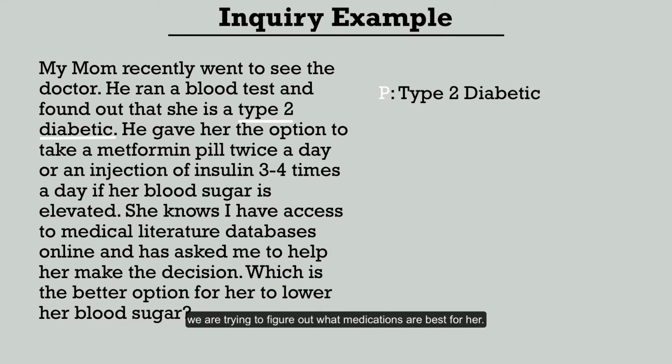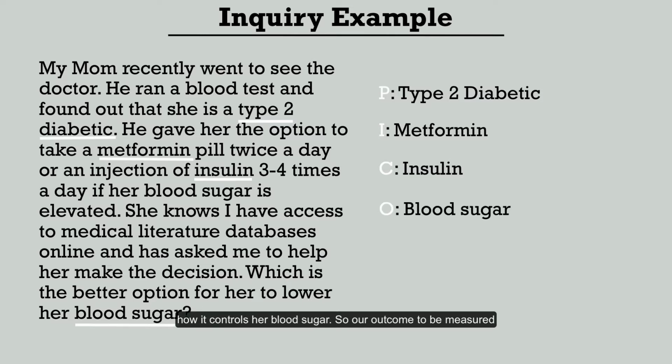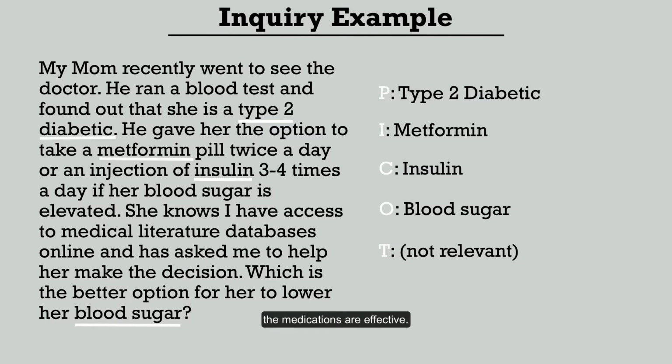Moving on, we're trying to figure out which medications are best for her. So our intervention would be the metformin, and our comparison would be insulin. Finally, we're most concerned about how it controls her blood sugar. So our outcome to be measured in our PICOT question is blood sugar. For this specific PICOT question, we aren't interested in necessarily how much time it takes, just whether the medications are effective. It's important for us to remember that when we're creating a PICOT question, our terms need to be specific